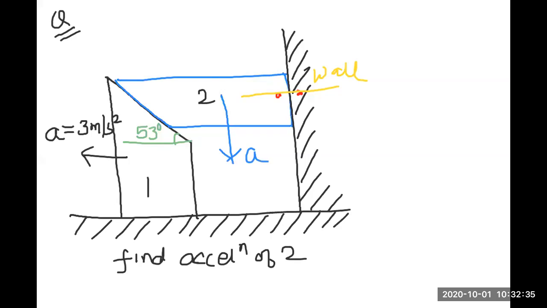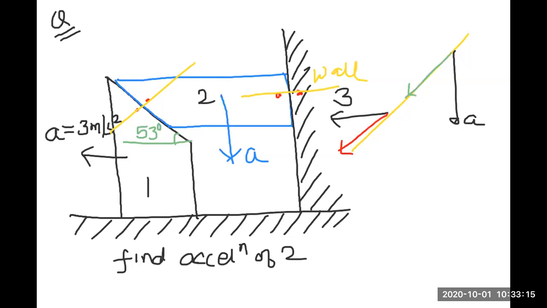Object 2 cannot have a horizontal acceleration. This was the first thing you were supposed to find out. Then dot dot, yellow line. Yellow line. The acceleration of block 1 is 3. The acceleration of block 2 is a। इन दोनों का कंपोनेंट इस डायरेक्शन में सेम होना चाहिए।